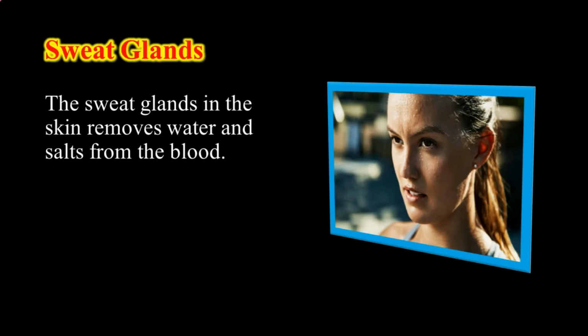And students, now let us understand another form of excretion in animals. The example of sweat glands is also a type of excretion. The sweat glands in the skin remove water and salts from the blood. These wastes are thrown out of the body through tiny pores in the skin in the form of sweat. Sweat contains dissolved salts. This is the reason that sometimes in summer white patches are seen on our clothes. Sweat not only removes wastes but also cools our body.